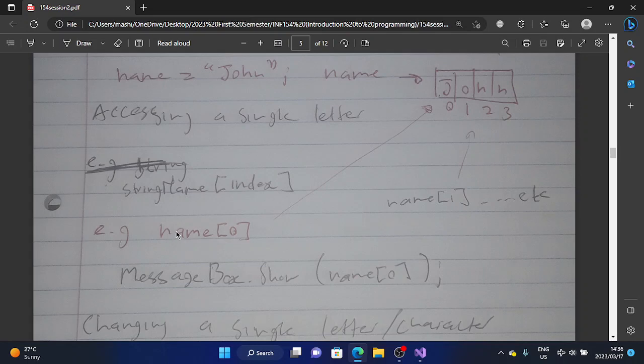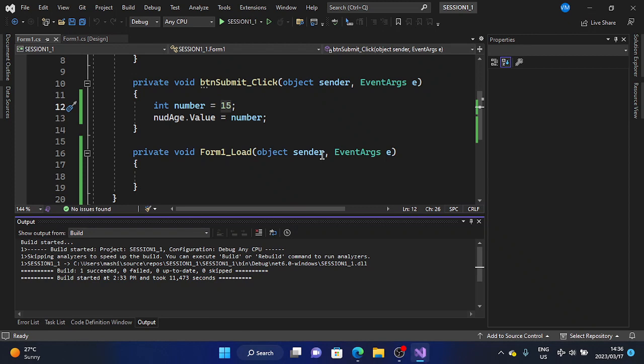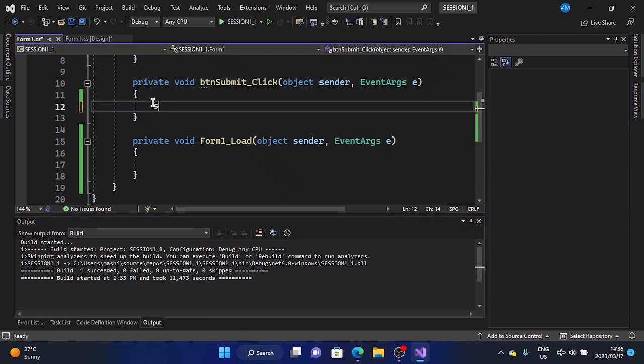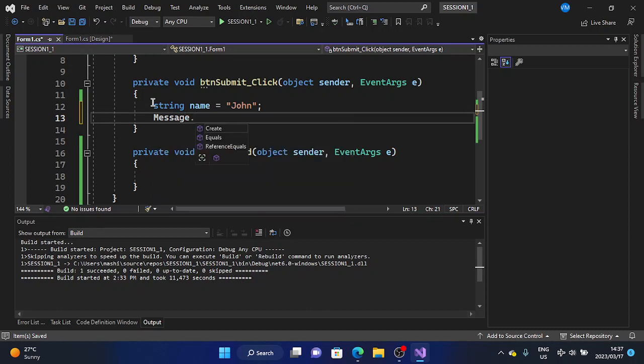For example, if I say name, then I say 0. Name 0 refers to this J, in the case of John. Name 1 refers to this O. Name 2 refers to this H. Name 3 refers to this N, and so on. So for example, if I write string name equals John, then I say MessageBox.Show, then name 0. So we are displaying the first